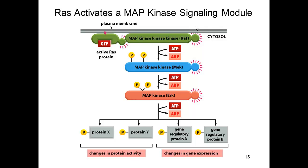Here we once again encounter the MAPK module of signaling intermediate proteins. Now we're seeing them in higher eukaryotes. We saw them earlier in yeast when they were involved in osmolarity sensing. Individual MAP kinase proteins in humans are sometimes referred to as RAF, MEK, and ERK, and you might consider that an improvement over the generic names, which are MAP kinase, kinase, kinase, and so on. But again, the way it goes is RAS is a kinase, it will